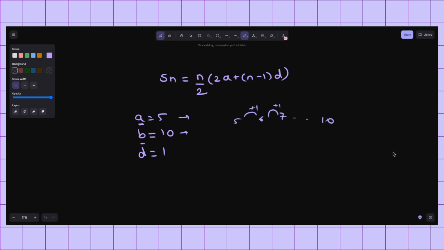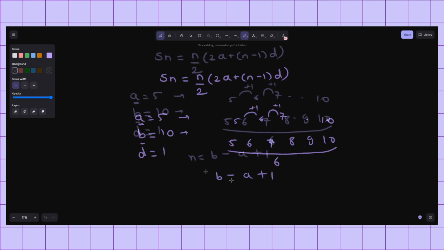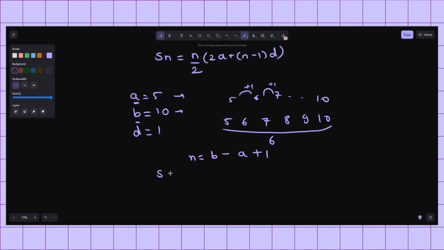Okay, so what about n? So let's say we have numbers 5, 6, 7, 8, 9 and 10. How many numbers are there? These are a total of 6 numbers. So how can we calculate this? b minus a plus 1. Sum equal to n by 2, n is 6, so 6 by 2,